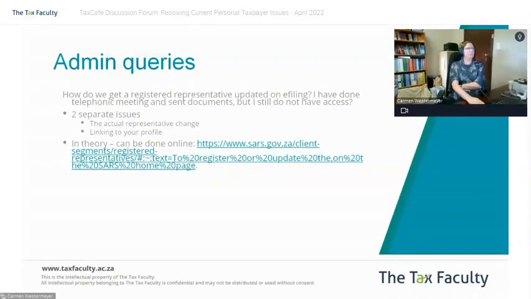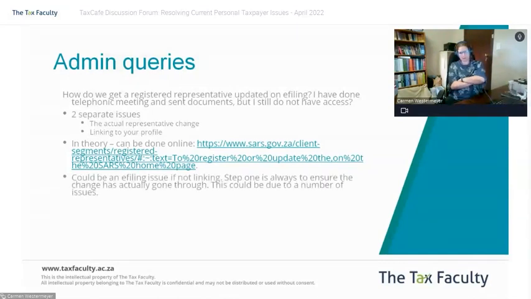That's generally what I found to be the main issue with the actual updating of the representative taxpayer. Okay. If, however, you have managed to get the actual representative change on the RAVO 1 changed, but the actual company is not pulling through onto your e-filing profile, that then is an e-filing issue that needs to be addressed with the